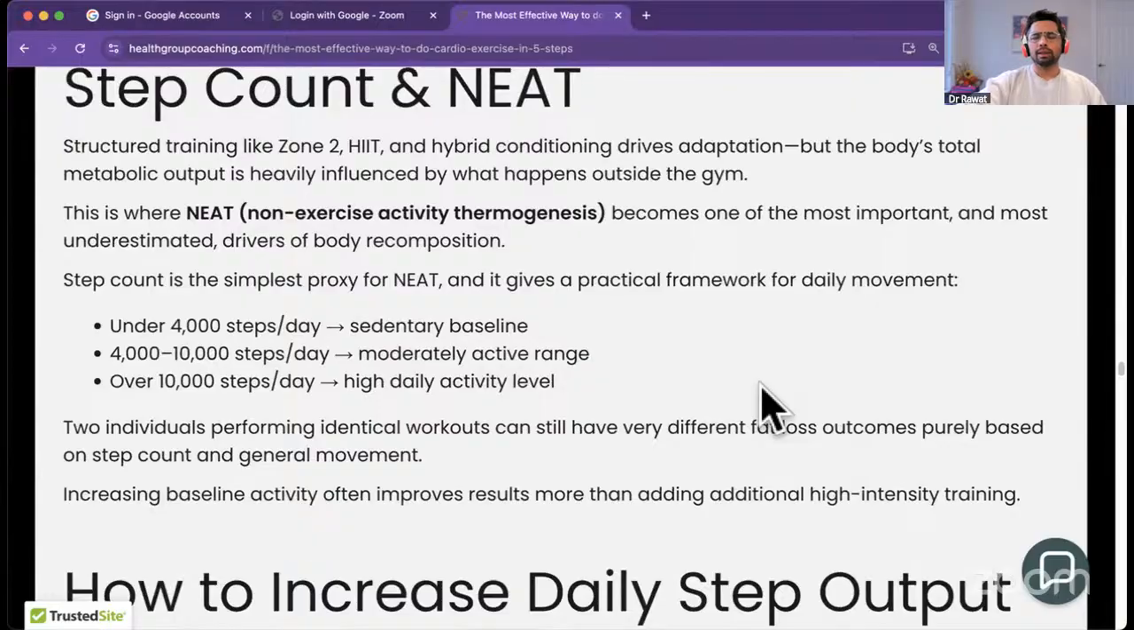this is what we call non-exercise activity thermogenesis, which means the calories you're burning when you're not exercising. So this is not intentional. This is not, I'm going to go to the gym for,